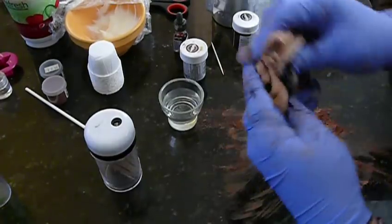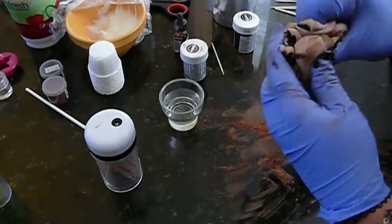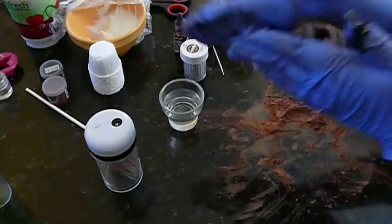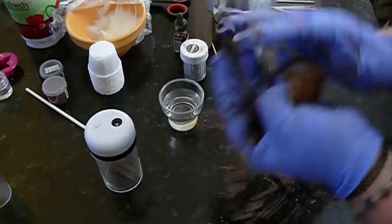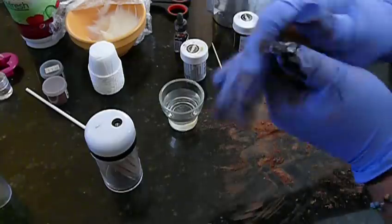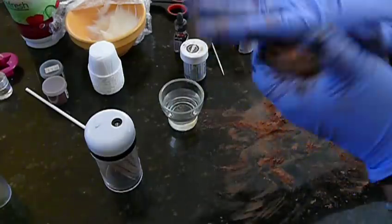Let's see here. Hopefully I'll have enough time on my card to successfully demonstrate this for you. Let's just go nuts. We want it to be a dark, dark, dark brown, because once you go to dark brown, it's easier to